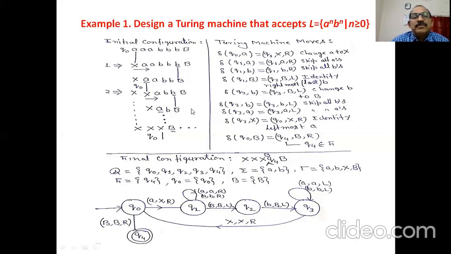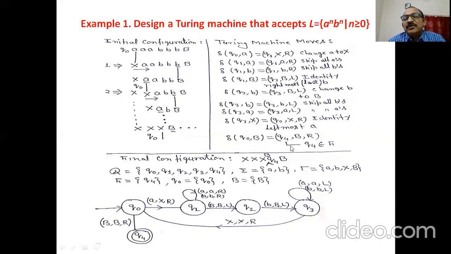these steps. Okay, now what will happen when the input becomes empty? The machine must be in state Q0, and the symbol under the tape head is B. So machine in state Q0, if input is B, it means all input is exhausted. The machine goes to the state Q4, replaces this capital B by B and moves in the right direction. And here this Q4 is the final state.